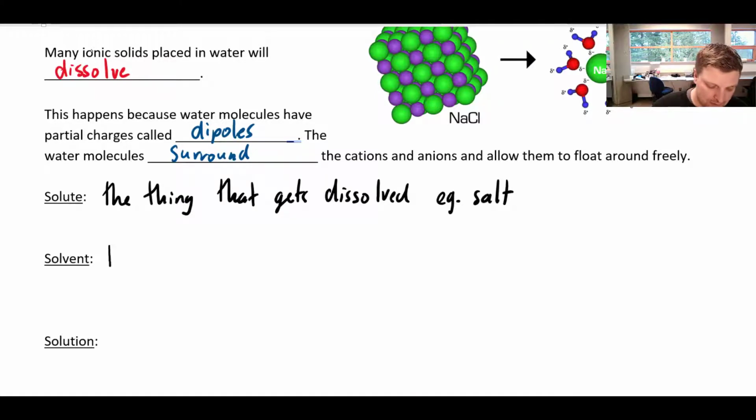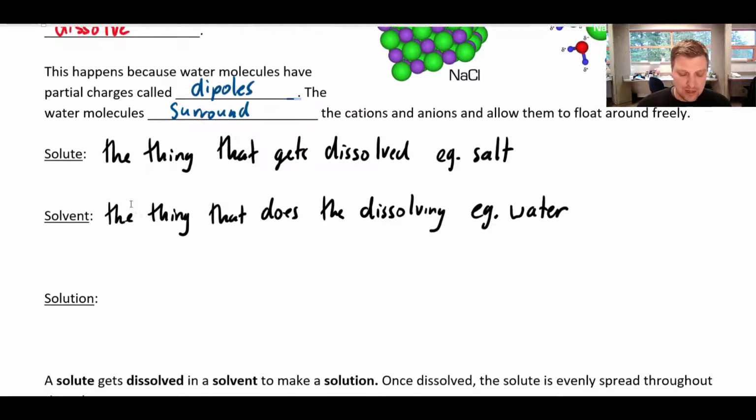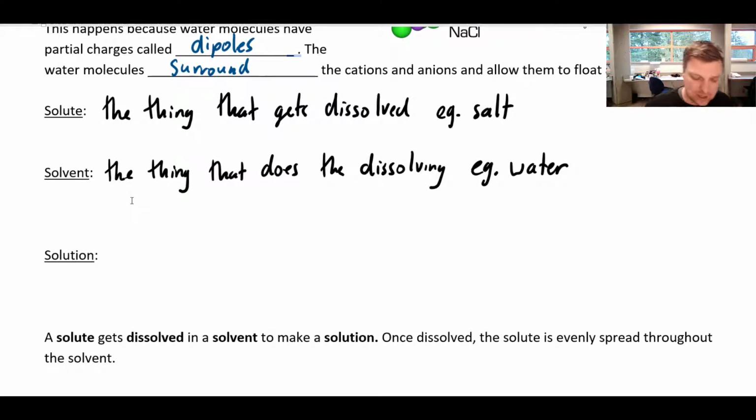Compare that to the solvent. The solvent is the thing that does the dissolving. And in this case, our example would be water is the solvent. So whatever there's more of is the solvent, and whatever gets dissolved into that is the solute. And so a solution is just a homogeneous mixture